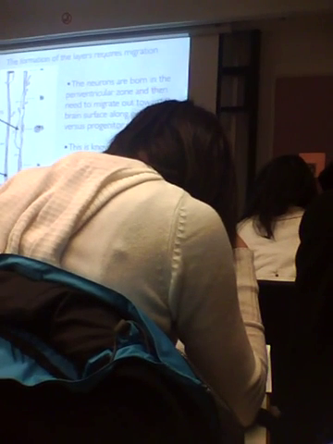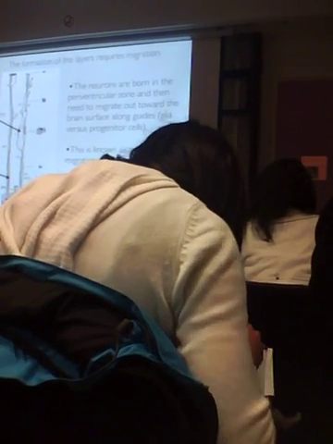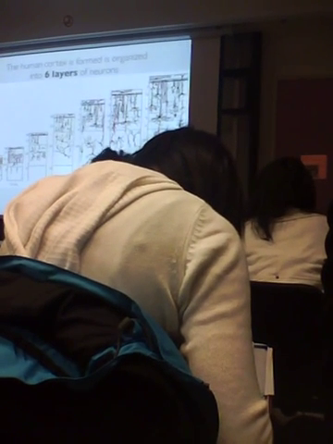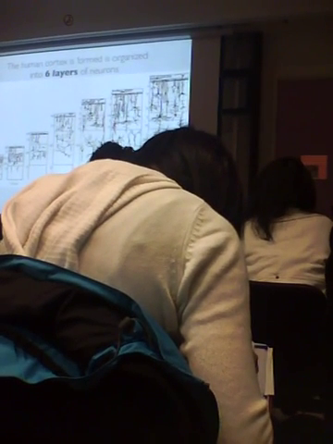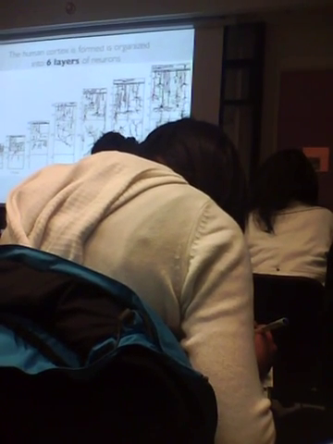So the migration of the cells is not occurring randomly or as it pleases that day. It's pretty systematic. The brain cells are born around the ventricles, so this would be close to the ventricles, the center of the tube. This is the outer part of the tube, which means the more distal part of the tube. Now, in this case, what happens is you get these